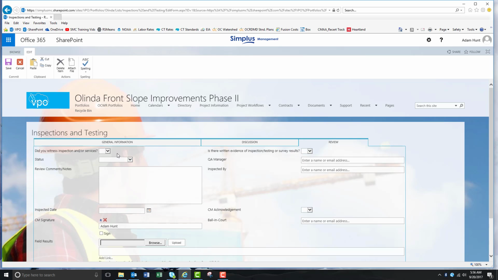we would start filling out the information here as well, such as, did anybody witness the inspection? Yes. The status, depending on what we saw, we could click accepted. Is there any written evidence? There should be, so click yes. QA manager, we could put whoever witnessed that inspection. At Sukit,